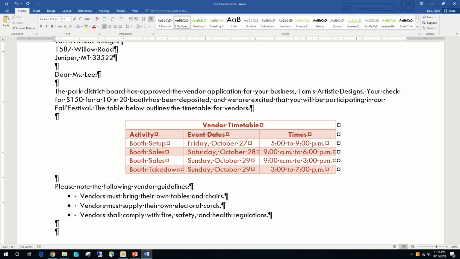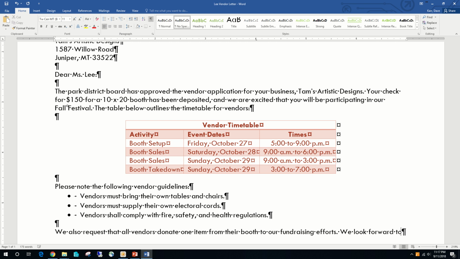We're going to continue typing the text, and this is the text that appears on 171. And this text will be, "We also request that all vendors donate one item from their booth to our fundraising efforts. We look forward to your business,"